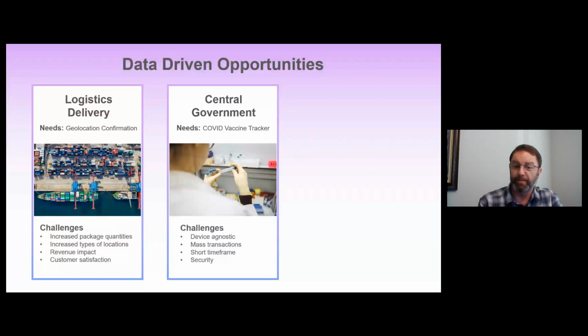The solution has to be device agnostic, given the wide variety of devices in the marketplace. The solution also needs to be deployed quickly as more and more folks are receiving the vaccine, all the while retaining security in order to accurately communicate between nation states that will need to verify this information without violating privacy laws and protocols.